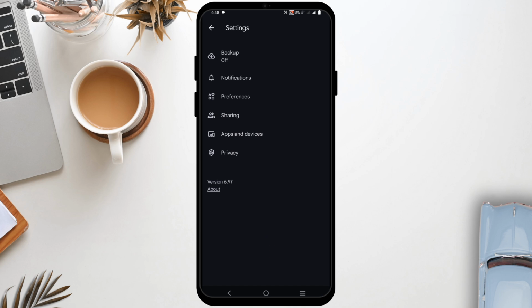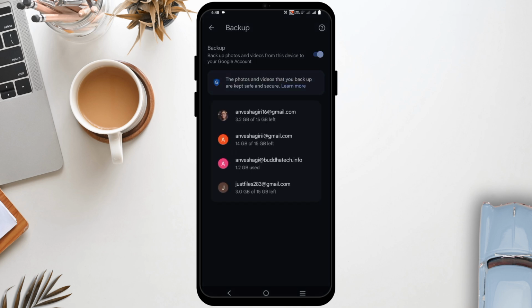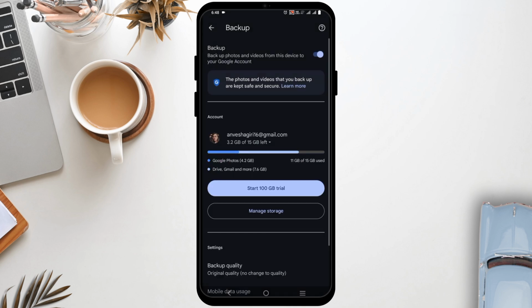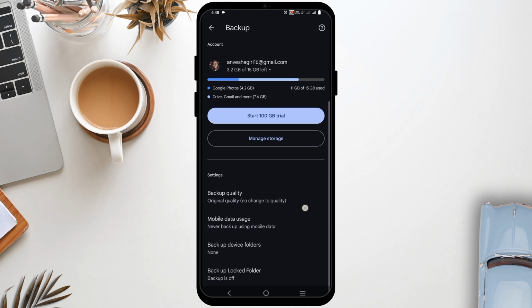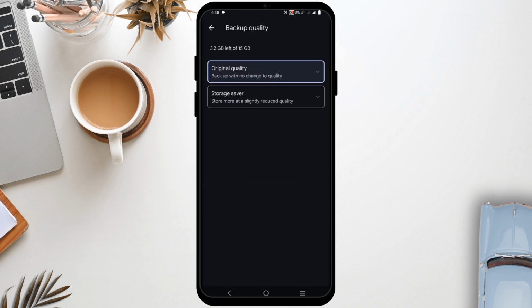Once you tap on it, click on the first option, Backup. Then after, toggle the option on. After that, choose the Gmail account in which you want to back up the photos to Google Drive. After that, scroll down and then change the settings, such as change the backup quality from original quality to storage